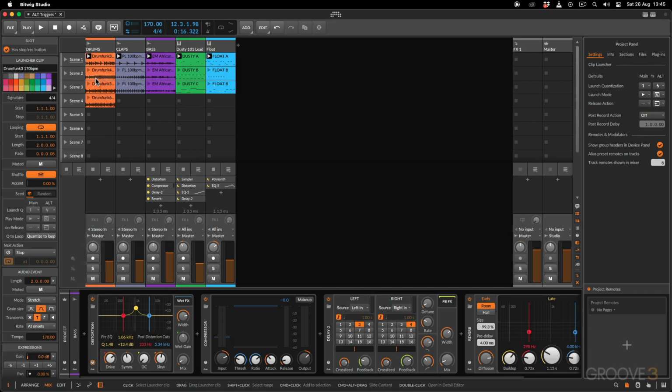Or you can do it on a clip-based level. If I select a clip, down over here, I've got my clip launch properties. I can set the main ones or the alternate trigger options on a clip-based level. But before getting into the alternate options, let me give you a refresher on the main trigger options and what